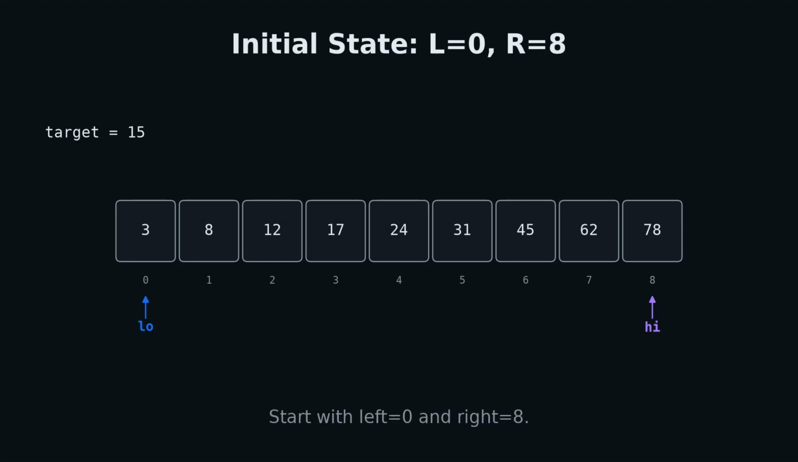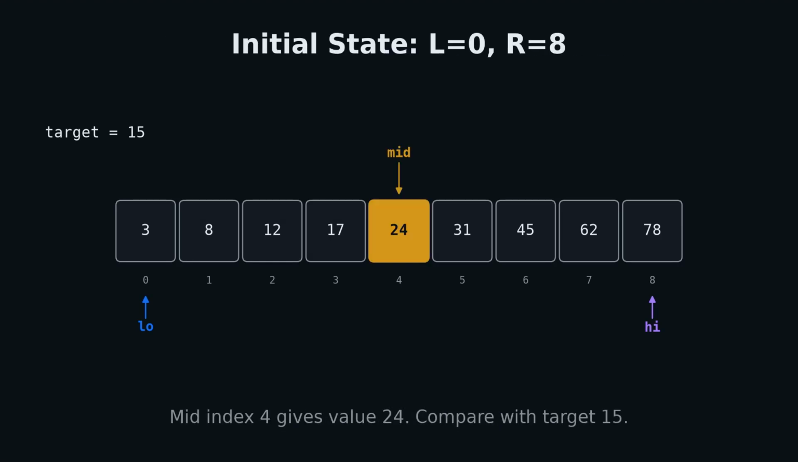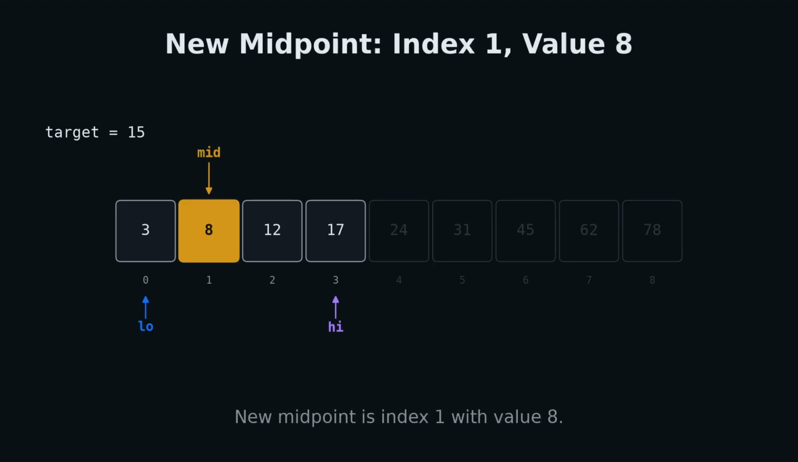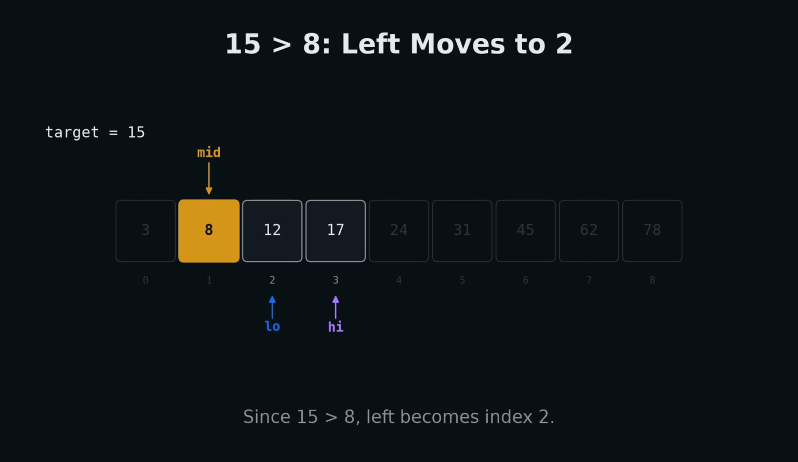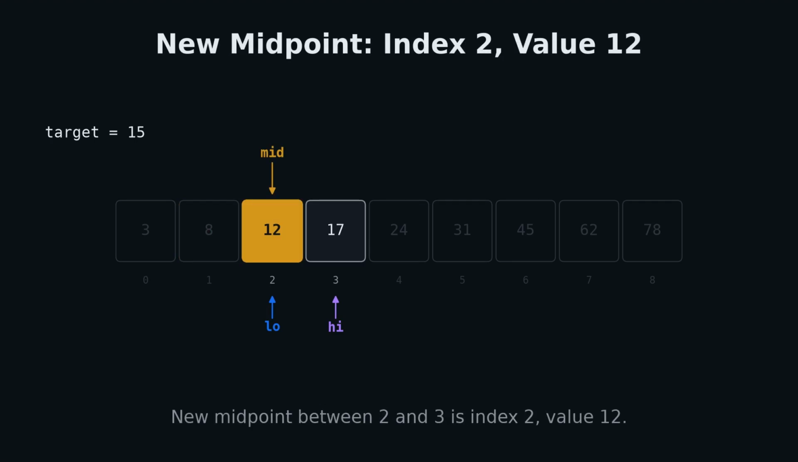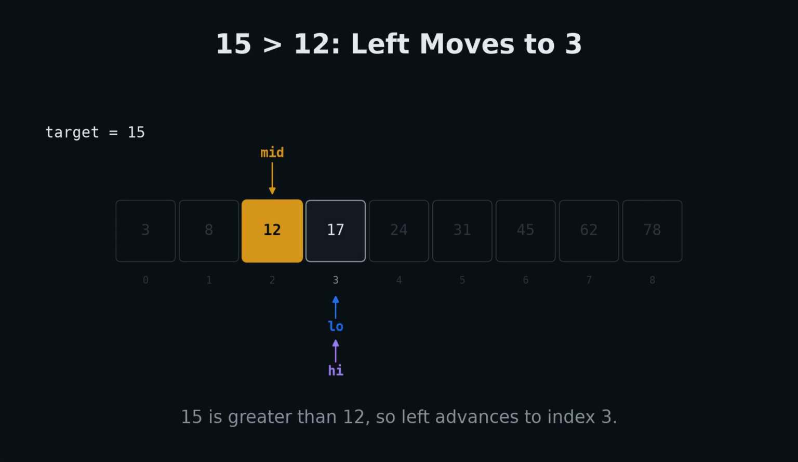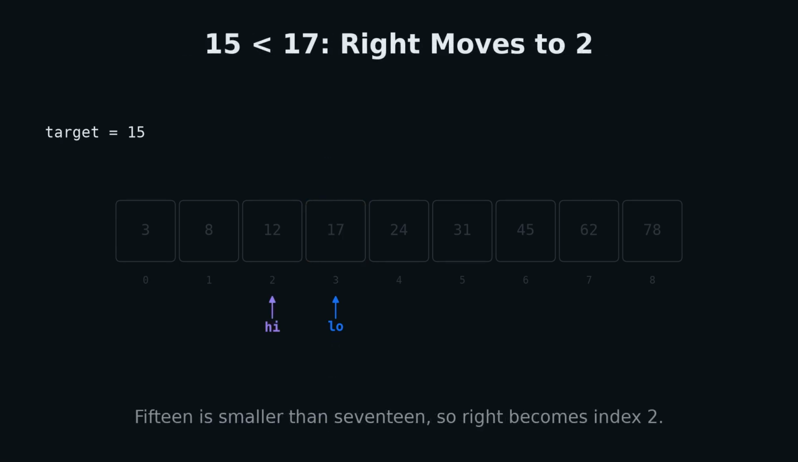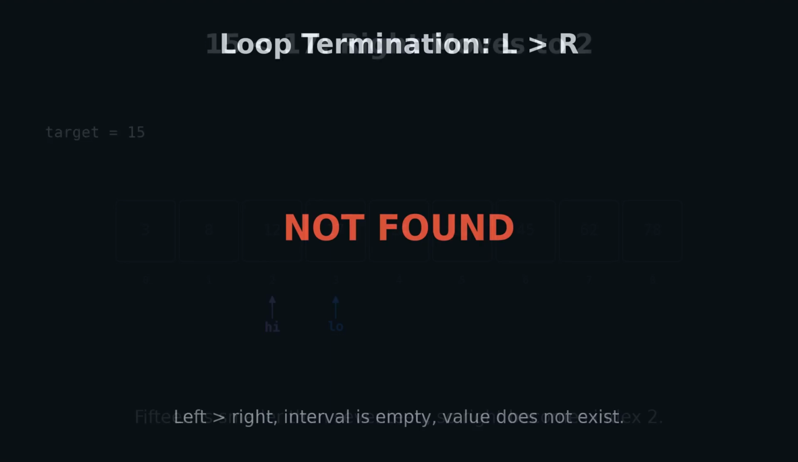We start with left at 0 and right at 8, checking midpoint index 4, value 24. Because 15 is less than 24, right becomes index 3. The new midpoint is index 1, value 8. Since 15 is greater than 8, left becomes index 2. The new midpoint between 2 and 3 is index 2, value 12. 15 is greater than 12, so left advances to index 3. Now left and right both equal 3, pointing to 17. 15 is smaller than 17, so right becomes index 2. Left is now greater than right, the valid search interval is empty, and the loop terminates, correctly reporting that the